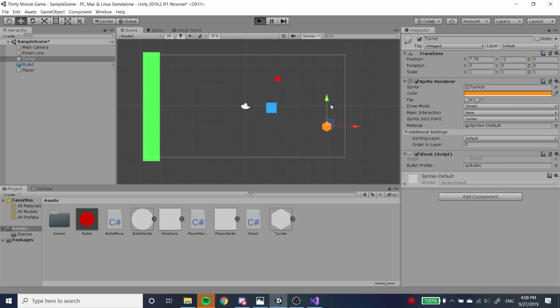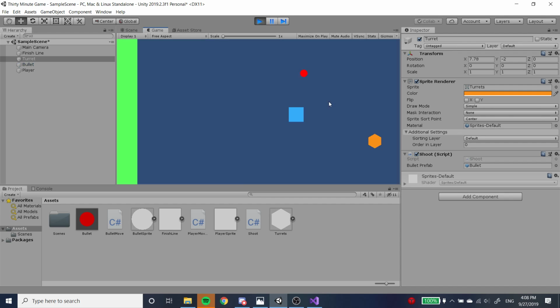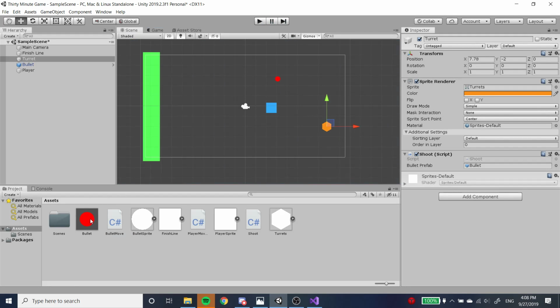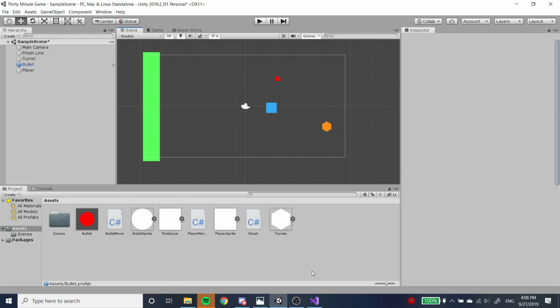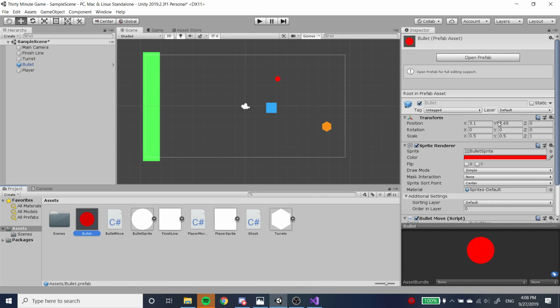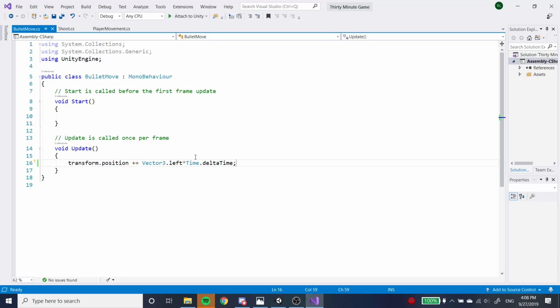Notice that if you move the turret around, and then you run the game, and you wait for the bullets to spawn, they'll actually spawn over here. This is because the position of the bullet prefab is already set to something, so it'll start spawning there. This position is actually 3.1 and 2.65. However, we can change this by going to the